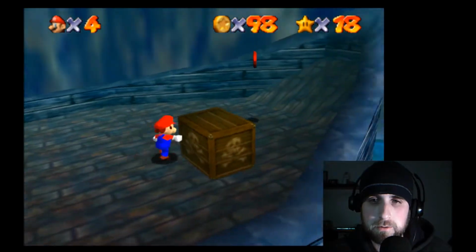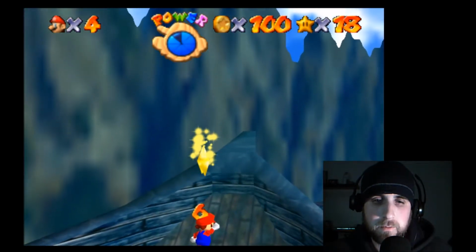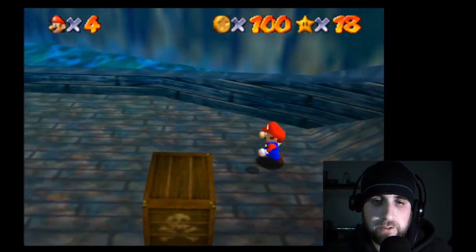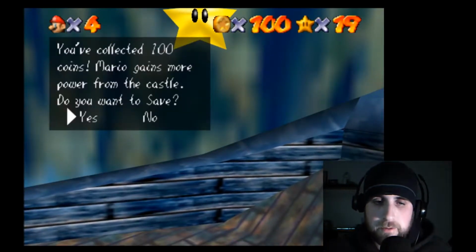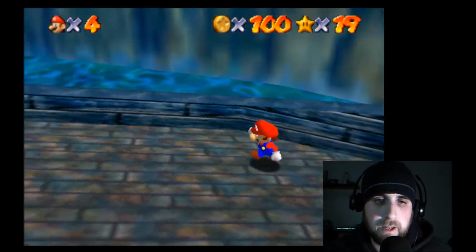Ooh. Alright. So the ship is... we'll go ahead and grab that. For a second, I thought that was our 8th red coin. So as you can see, the ship is bobbing up and down, so you have to time, especially here in a second, you have to time your jumps to get up to the last...